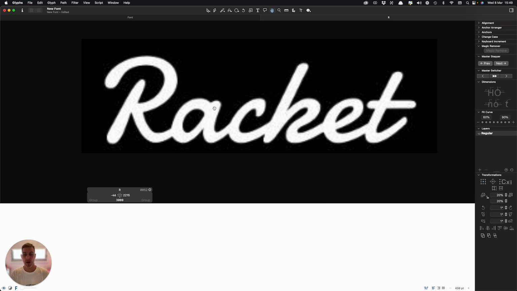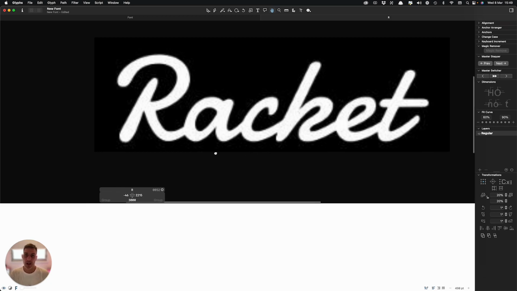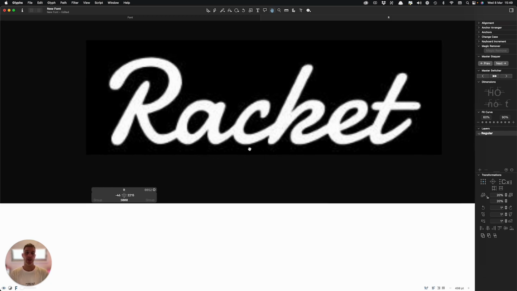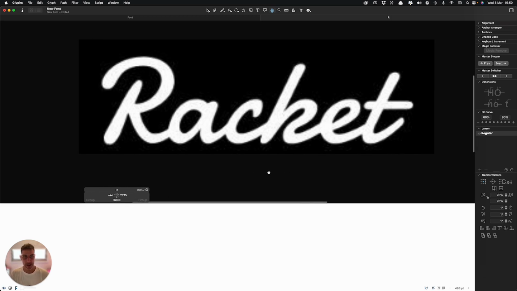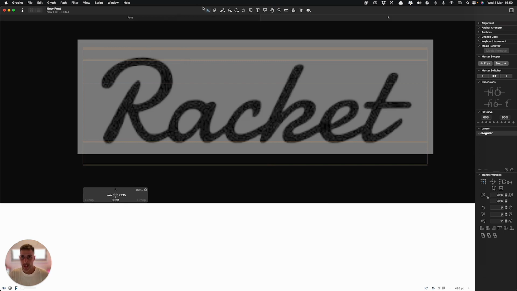And also there are some other things like the continuity between curves and angles. The C looks a little bit more slanted than the A, and so on, right? So these are the things that I'm looking for when designing a logo. And this is what I'm going to try to fix here, right? All right, so